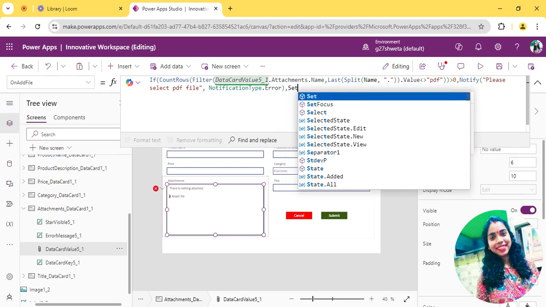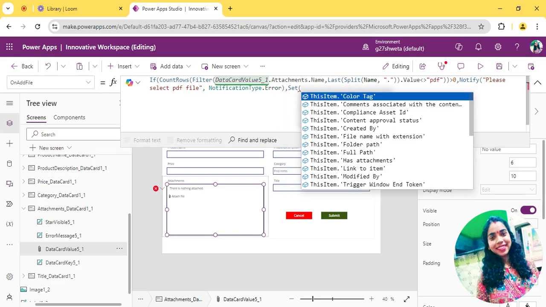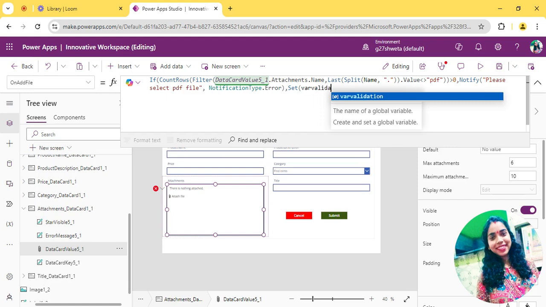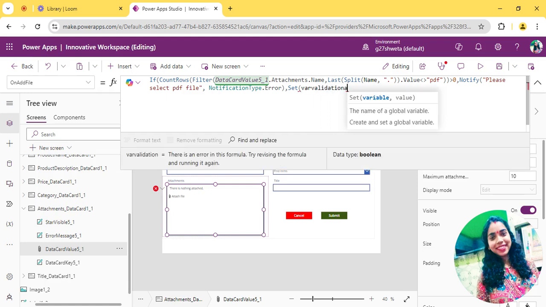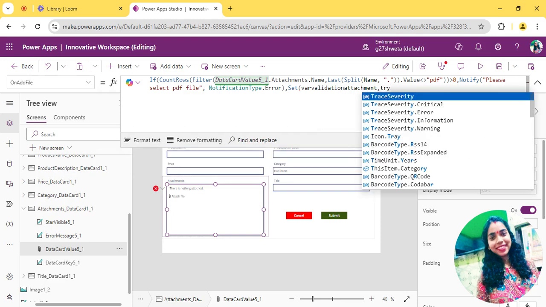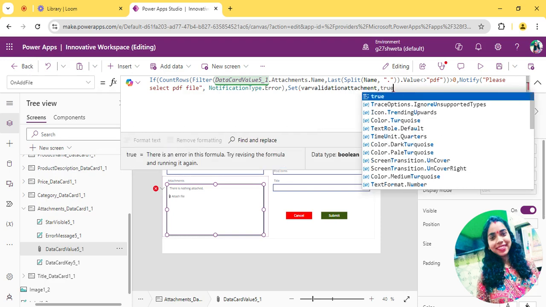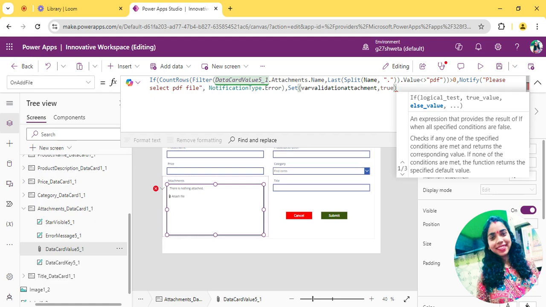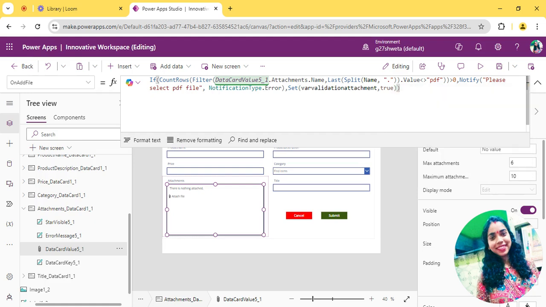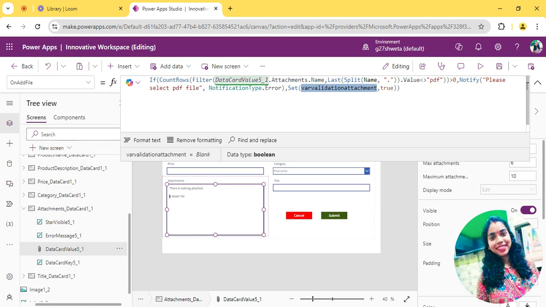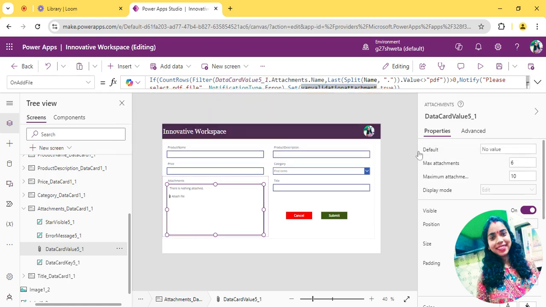Else I am setting one variable, set validation attachment, it becomes true. So this variable, we can call on the visible property.